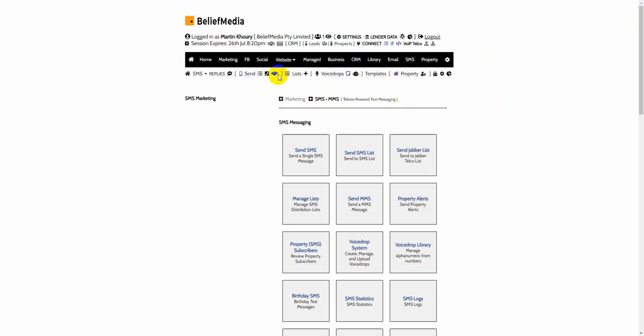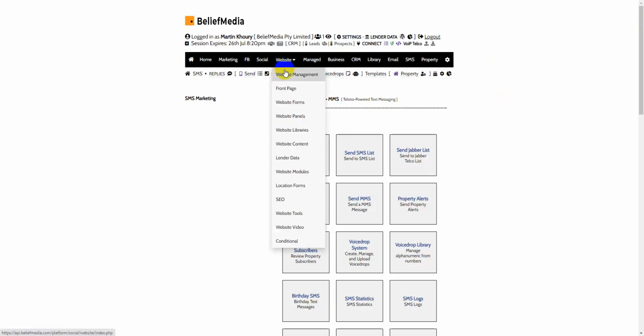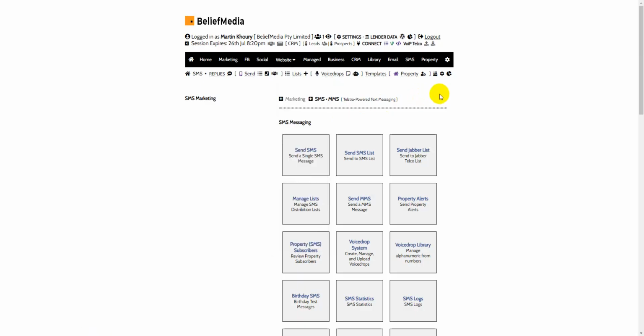All right, so we're on the SMS page here. You can access the menus from one of two primary ways. And once we get there, there are a couple of actions that will have to be performed. First of all, from the website content menu here, you can select that, and that will take us to the page that we're about to navigate to. So